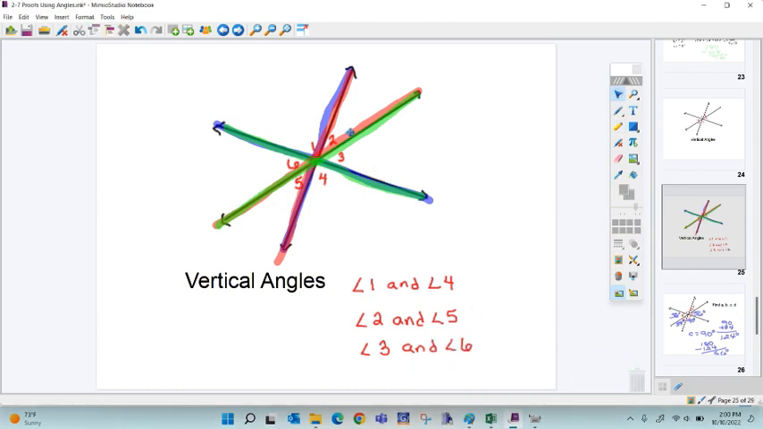So be careful, make sure you're thinking of the whole line extended. The angle stops right here. Angle 3 actually stops right here. Here's the vertex and it's out this way. But extending the line will help you find the vertical angle to it. Okay, so you can have